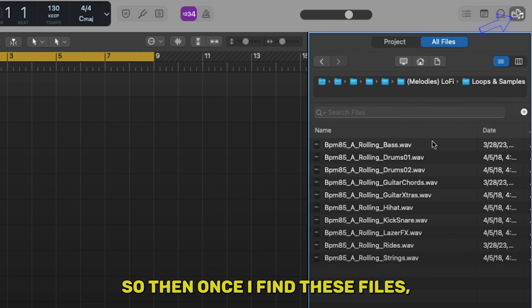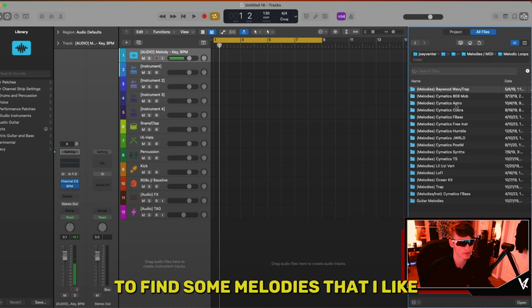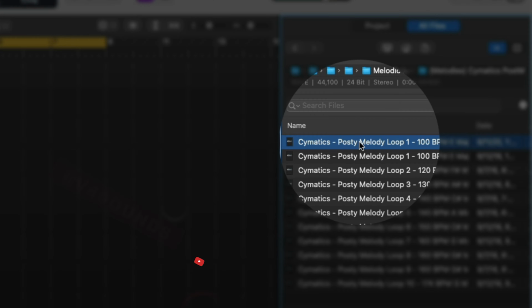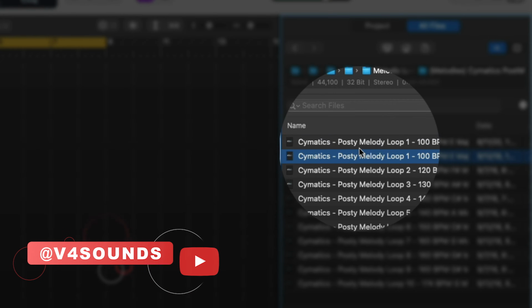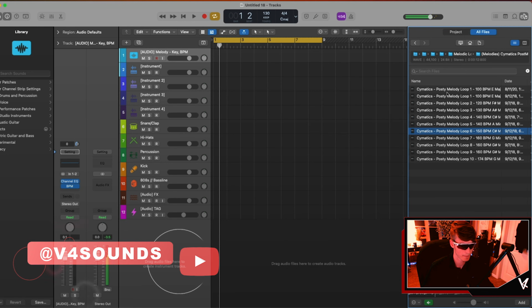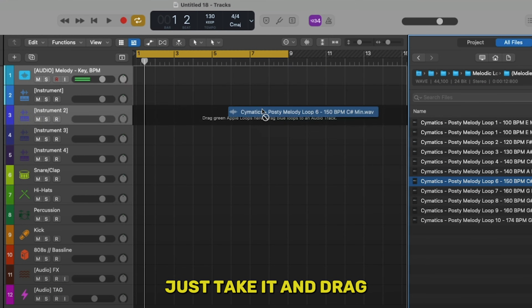So then once I find these files, I can just go through and click on each one. So now I'm just gonna find some melodies that I like, or just find one that stands out. Alright, so I like this sample a lot, so what I'm gonna do is just take it and drag it